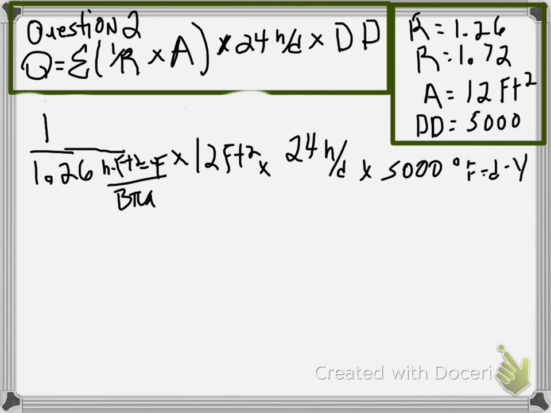As we play this, we're going to take out feet, hours, degrees, and days over here with days over here. And all I'm left with is BTUs in a year. And I'm going to do 1 divided by the 1.26 first, and then the 12, the 24, and the 5,000. And I come up with